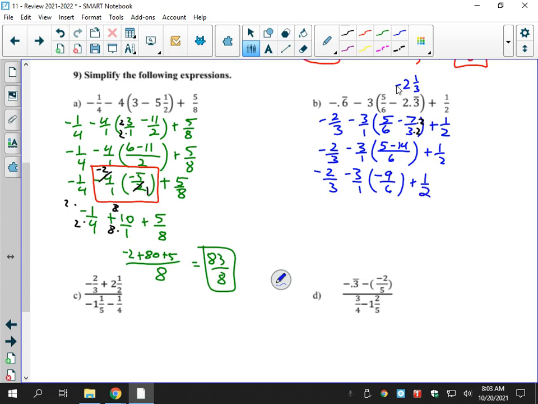Otherwise, I notice I'm looking at the multiplication, negative 3 over 1 times negative 9 over 6. We're going to have cross canceling there anyway. Okay. So our cross canceling, common factor is 3. 6 divided by 3 is 2. Negative 3 divided by 3 is negative 1. So our multiplication now is negative 1 times negative 9 over 2, which would give us positive 9 over 2